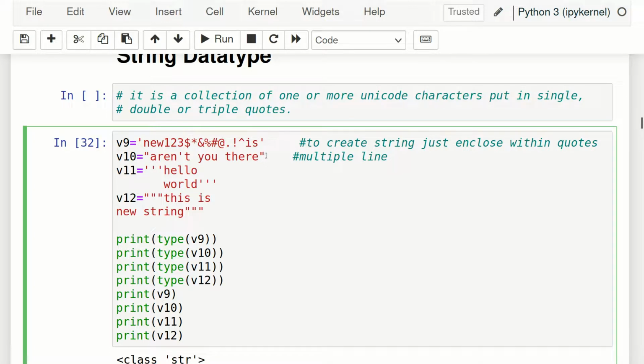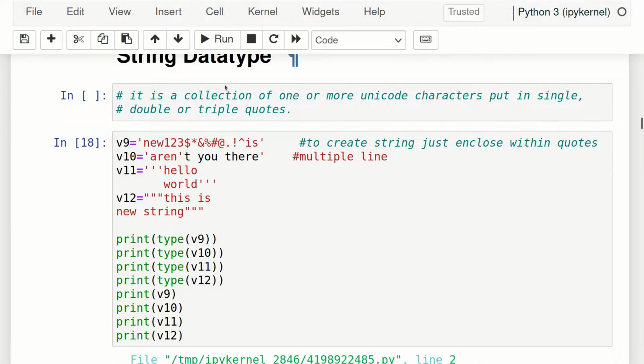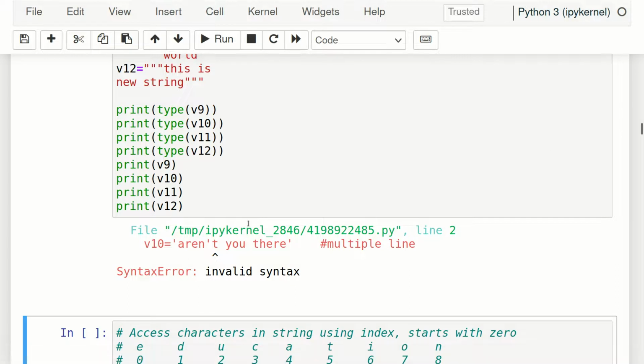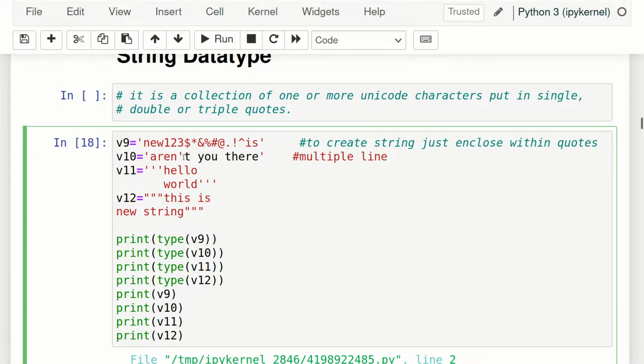Now the second one, I've used double quotes, but see one thing, inside this there is again a single quote. So whenever you have to use a word like this, aren't, in which a single quote is there, try using double quotes outside, because if we use single quotes outside also, let me use this, it will throw an error. Because this single quote and this single quote will be considered as completed and it will throw an error. Let me run it. Yeah, see, invalid syntax. So whenever we have a word in which a single quote is inside, then you have to give double quotes outside.